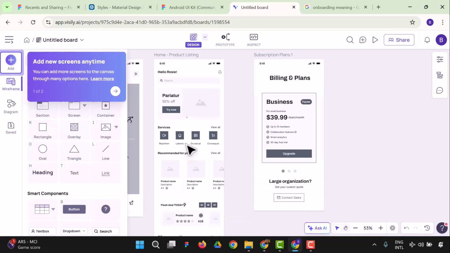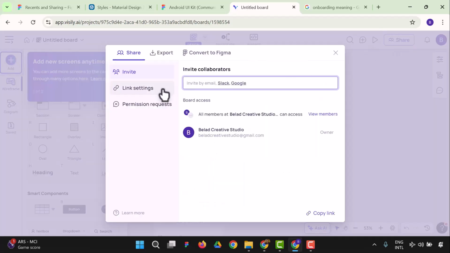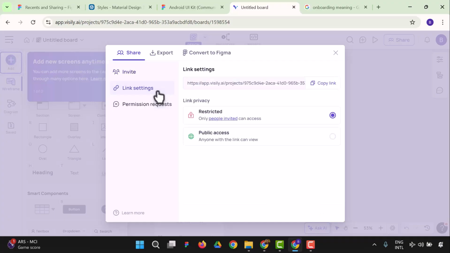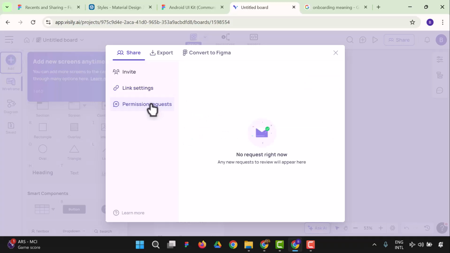So what I want to show you is that we are going to use one of these. As you could see, these are services, so we're going to use one of these to link this to this. So this will be our full wireframe, and the next thing I want to do now is to share this. And to share this, all you have to do is to come to your link settings or